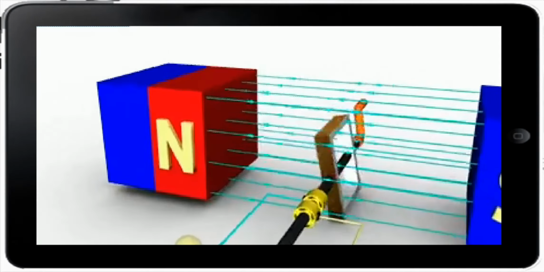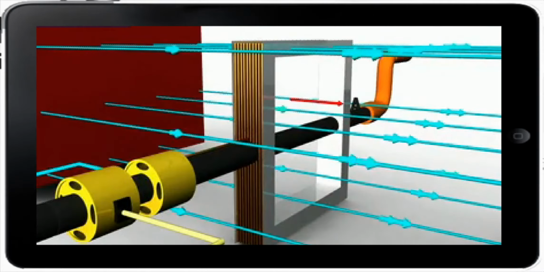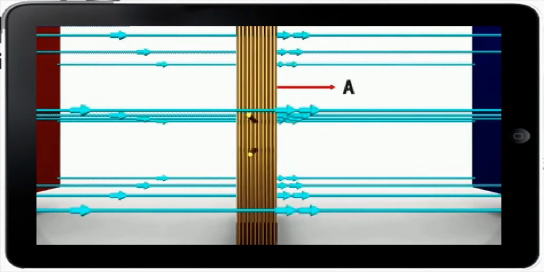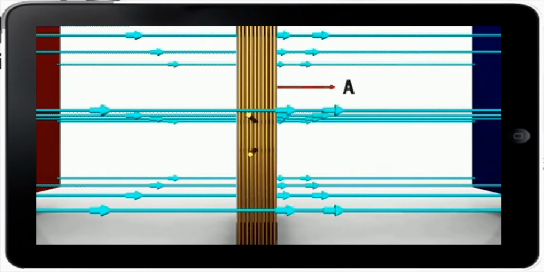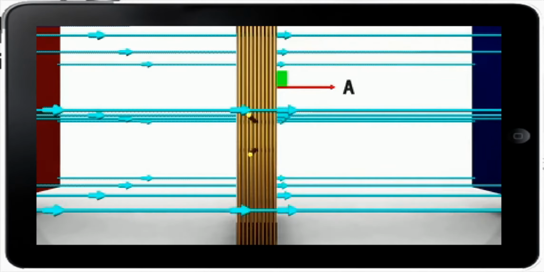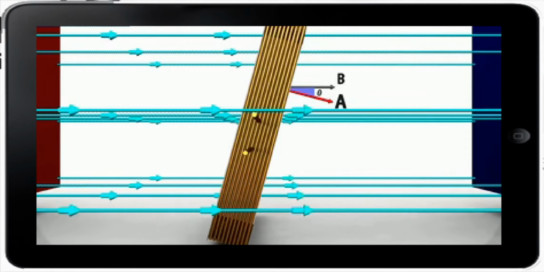Consider the area vector A for the coil. The area vector is normal to the plane of the coil. Initially, let the area vector lie in the direction of the magnetic field. This implies that the plane of the coil is normal to the direction of the magnetic field. Let theta be the angle between the area vector A and the magnetic field B at a given instant of